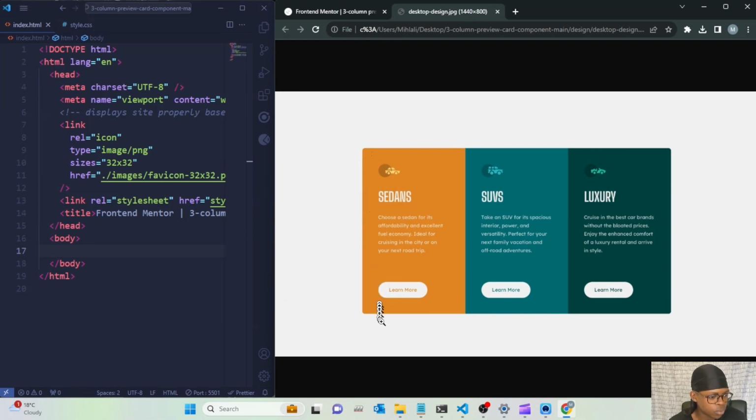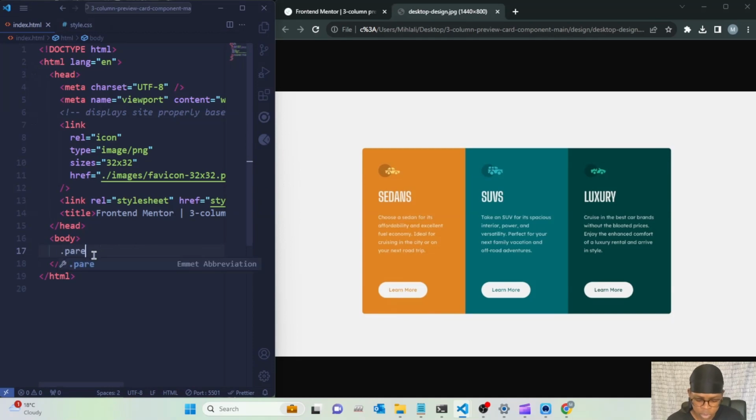Just to explain what I'm seeing, I'm seeing a parent element with 3 children, right? The parent itself has a display of flex. The flex direction is a row, and I think the content is justified evenly, right? So the first thing I'm going to do, going back into my